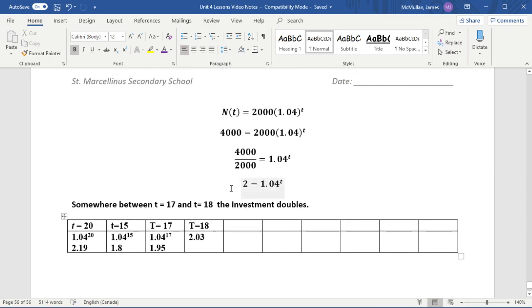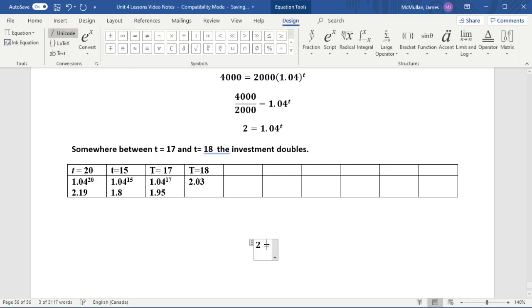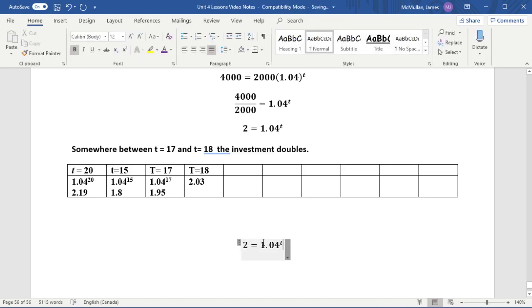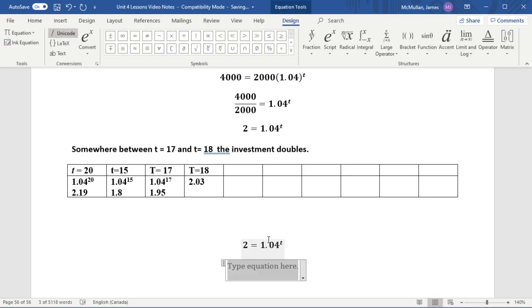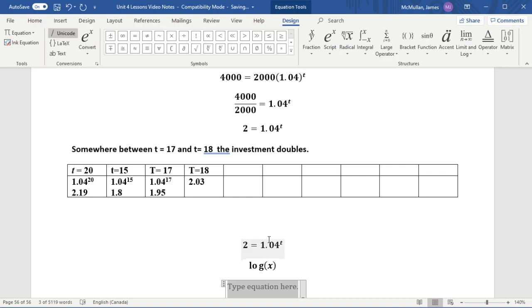Now, you can get the exact answer. To get the exact answer, what you do is you go back to this step. As I say, this is extra, so it's not required. But if you want to learn it, it may help you next year. What you do is you find the button on your calculator that looks like this, log x. And what you do is you take the log of 2 equals the log of 1.04 to the t,